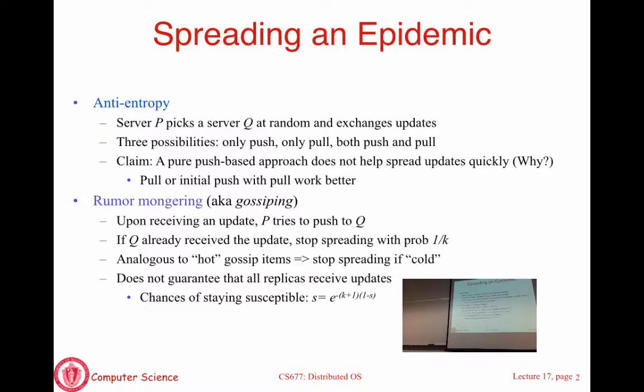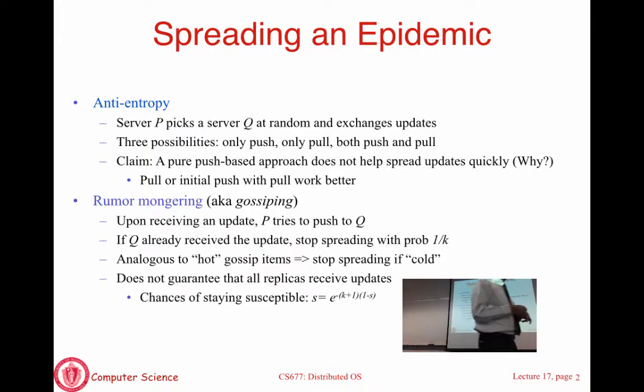You have each server also contact some other server at random and pull data from it. So in this case, the small group of servers that hadn't seen the updates are going to toss a coin at random and contact another server and say, do you have any new updates that I have not seen? The chances of that server finding a server that's already infected is high because most of the other servers have seen the update. So it's very likely you will contact the server that's already seen it.